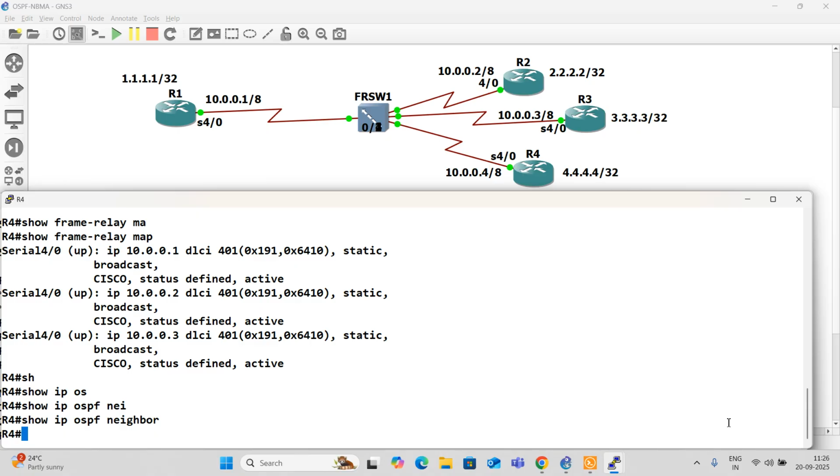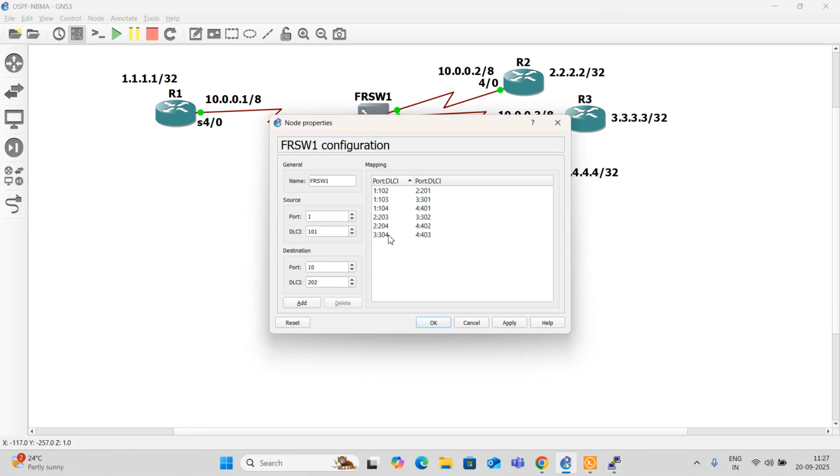I think there is a confusion going on. You see, for 10002, it is taking 401. No, it should take 402. I gave 402 here. Yes, I have given.